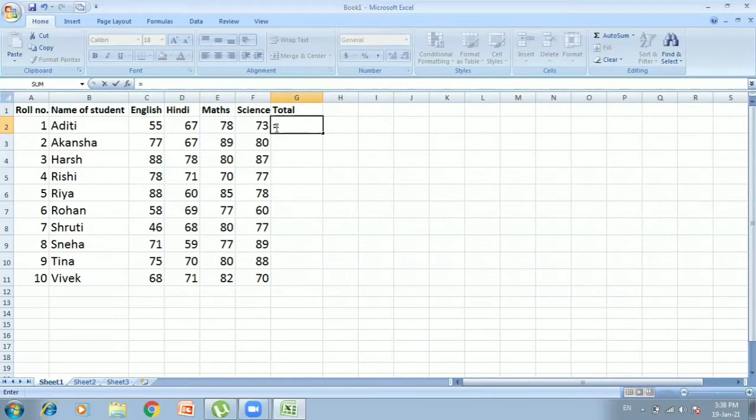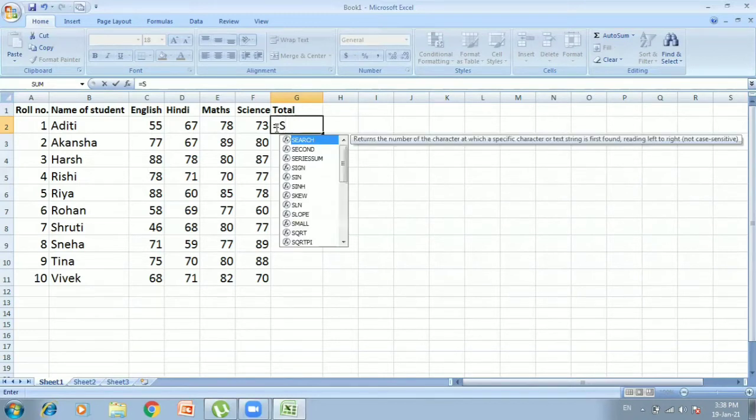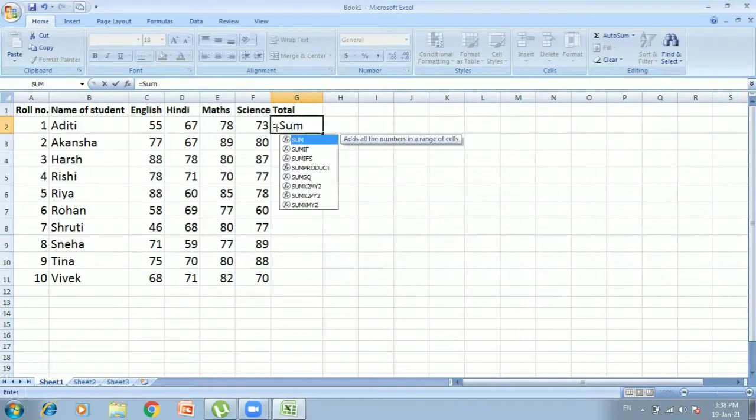You have to calculate her marks for English, Hindi, maths and science. So we will use the formula as SUM. Now as soon as you have typed sum, it has shown you different formulas. But we need to use sum only. Within brackets, I will give the argument.